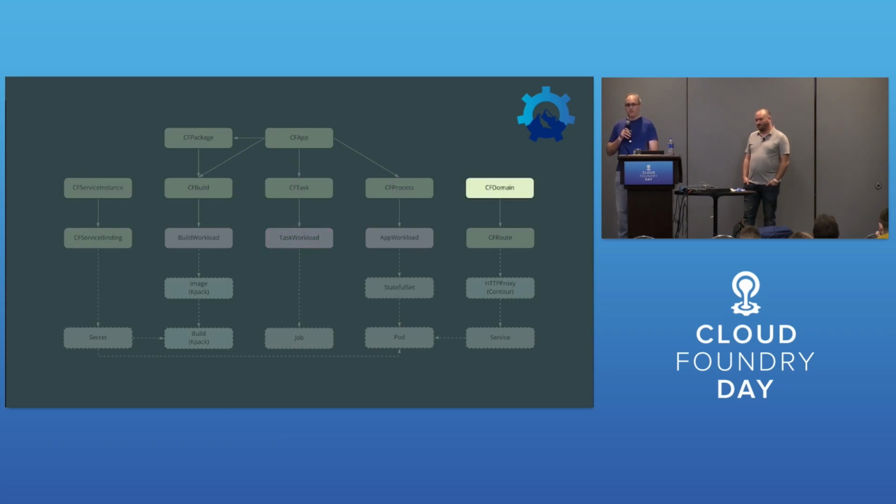For routing, we have two resources, CFDomain and CFRoute. For the CFDomain, we've barely scratched the surface. All that we have here is shared domains. So the CFDomain is a very simple resource that just has the name of the domain that you wish to set up. We haven't yet implemented logic to protect from things like overlapping domains and hostname squatting. On the routing side, we have basic routing of resolvable host names to application processes. It's possible to map multiple applications to the same route, but we don't yet support path-based routing.